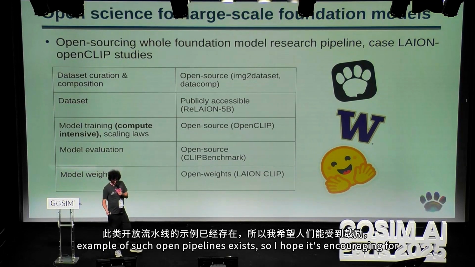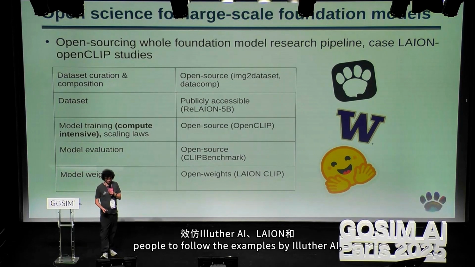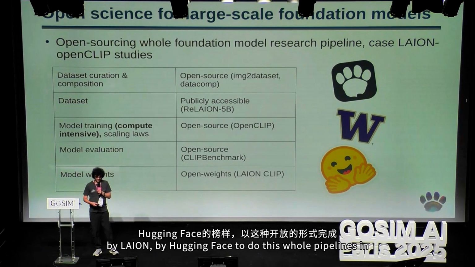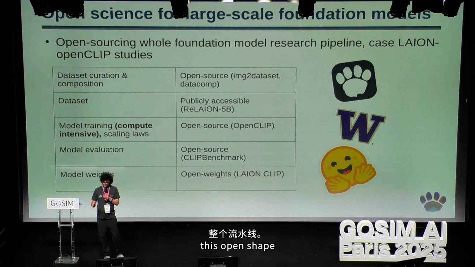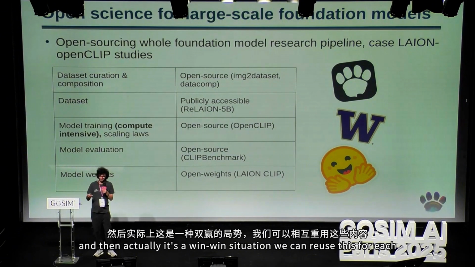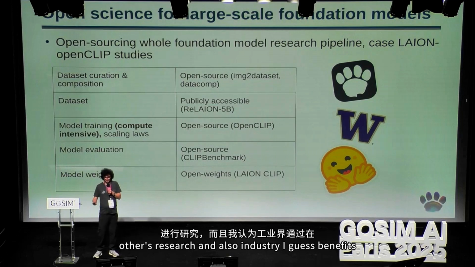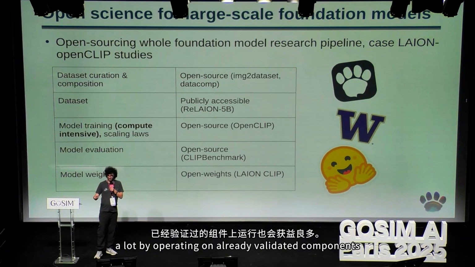Examples of such open pipelines exist. So I hope it's encouraging for people to follow the examples by EleutherAI, by LAION, by Hugging Face, to do these whole pipelines in this open shape. And then actually it's a win-win situation. We can reuse this for each other's research, and also industry, I guess, benefits a lot by operating on already validated